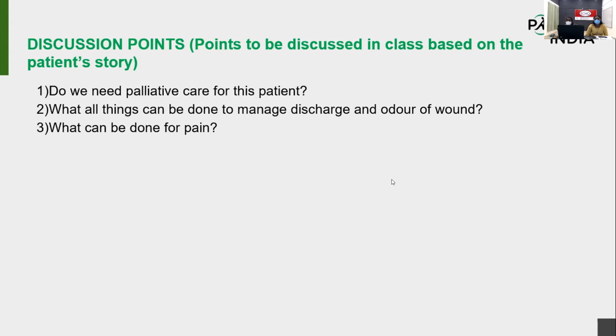If the patient is having neuropathic pain, your systemic analgesics may not help. So at that time, you can apply a local anesthetic agent like xylocaine or sensocaine. You can take 1 ml of xylocaine or sensocaine, which is bupivacaine, dilute it with 1 ml of normal saline, and just spread it on the wound. Within 10 minutes, the patient will get pain relief from the local anesthetic effect on that area. Then you can do the dressings. That is the management of